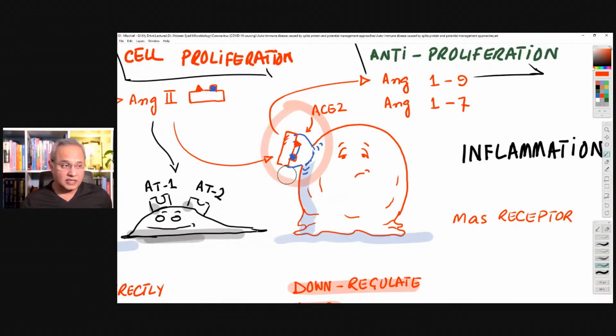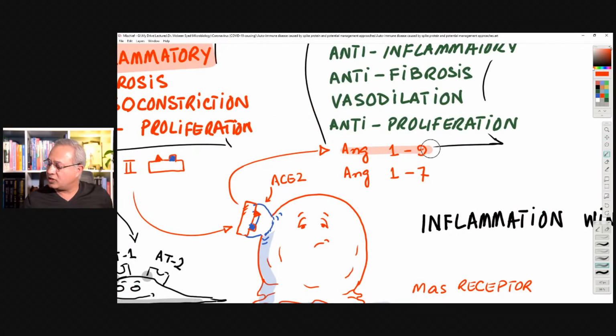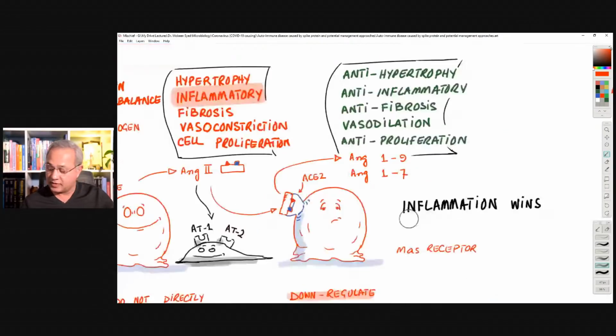Here, this ACE2 enzyme binds with angiotensin 2 and sort of deactivates it, or converts it further. It converts it to angiotensin 1 to 9 or angiotensin 1 to 7. These molecules, 1 to 9 or 1 to 7, in turn work on a receptor called the MAS receptor. And I discussed why we call it MAS in a previous video. But the outcome is